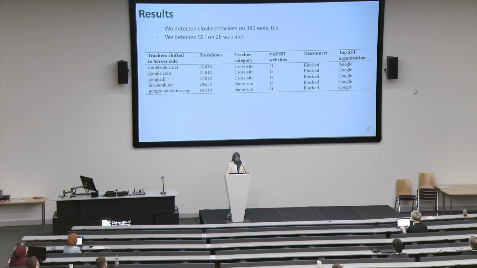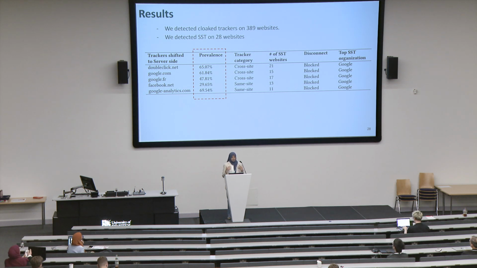As a result of our study, we detected cloaked trackers on 389 websites and server-side tracking on 28 websites. In that table, we present the top 5 trackers that are shifted to the server side behind the SST domain. We found that DoubleClick.net is the top tracker shifted to the server side behind an SST on 21 websites. The prevalence represents the percent of websites that directly include the tracker, and the high percentage of prevalence